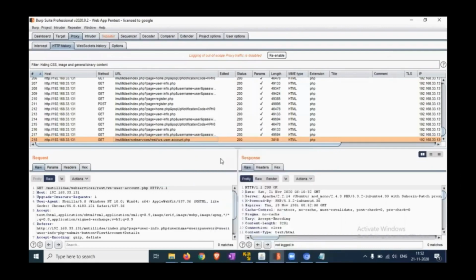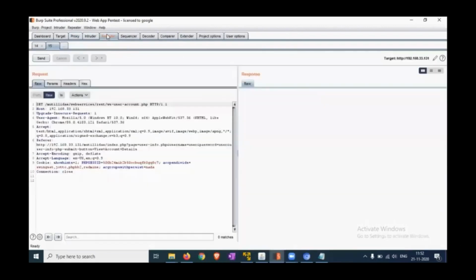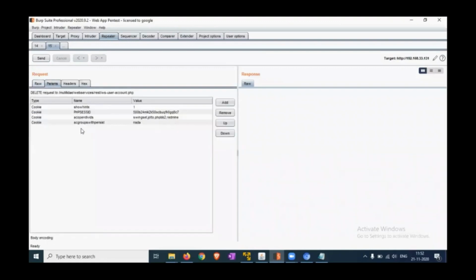So sending this request to repeater here, and now here is the GET request. Instead of GET, we are changing it to DELETE. We are trying to delete the user. Delete, and the parameter you can just add as a body,